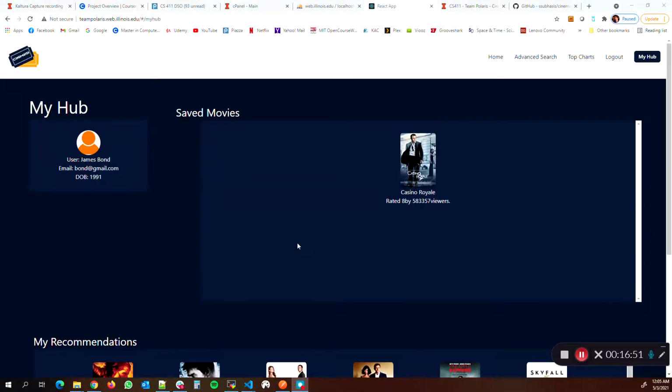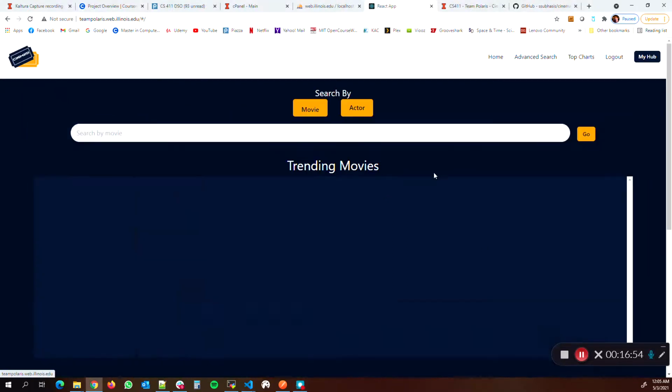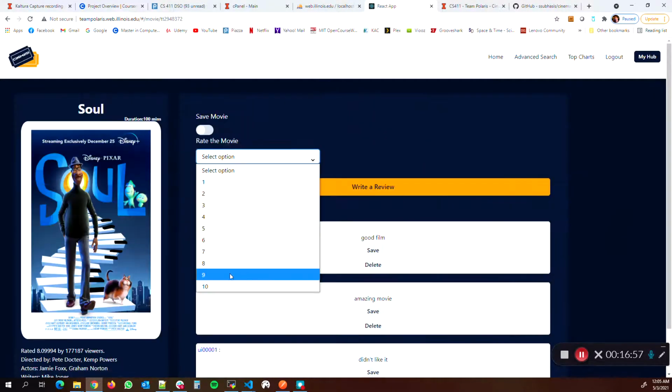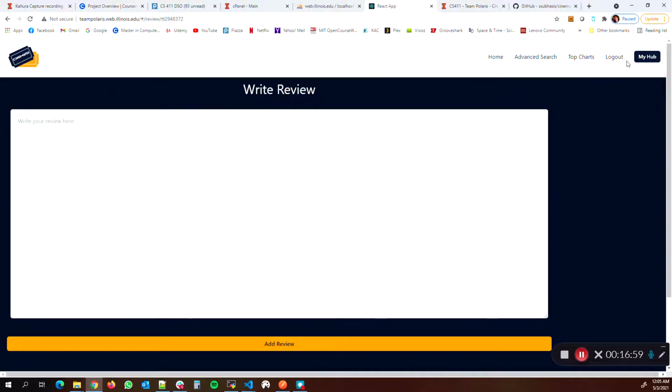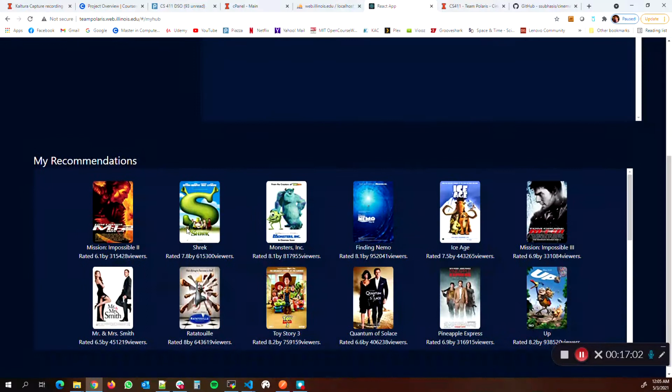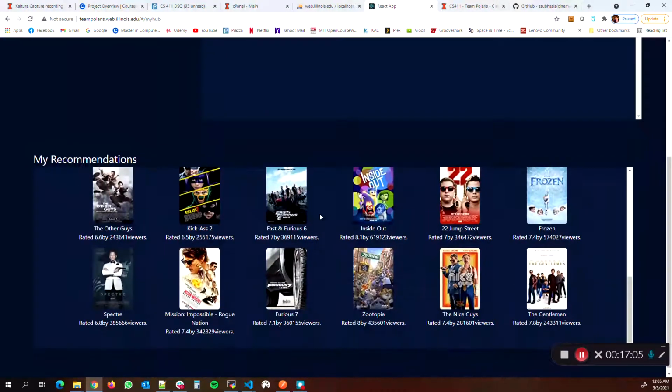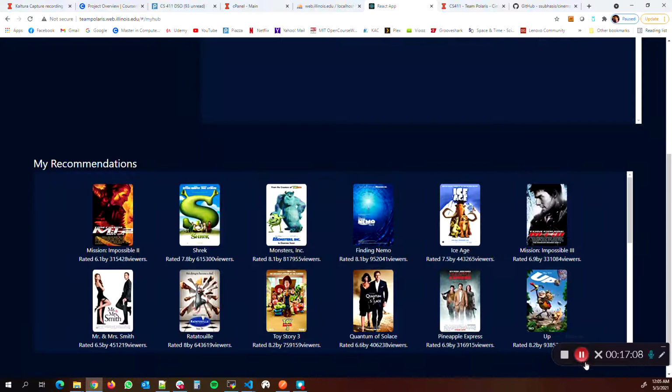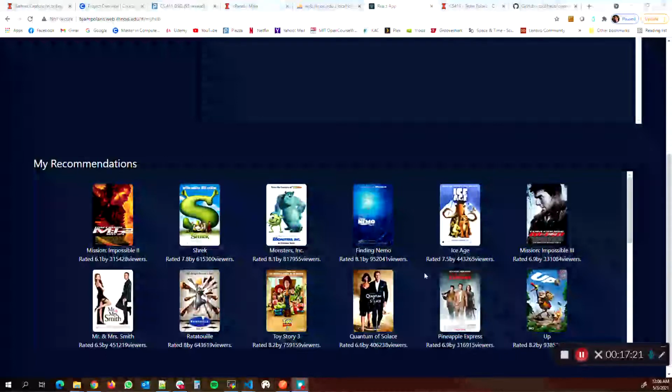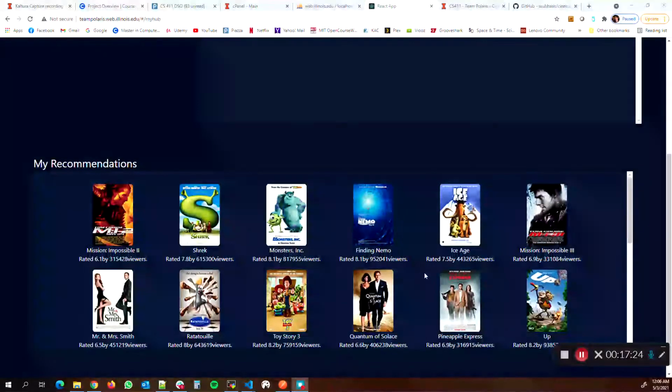And now we can see this is dynamically changed. If I go to the home page and select any other movie, and highly rate it, we can see new movies have come in over here, which are the recommendations for that user. Also in this approach, we normalize the number of votes and recommend the highest rated movies for better recommendation. This approach uses a complex view with multiple table joins and an analytical query, and we also use indexes for better performance. So these are all about this application.